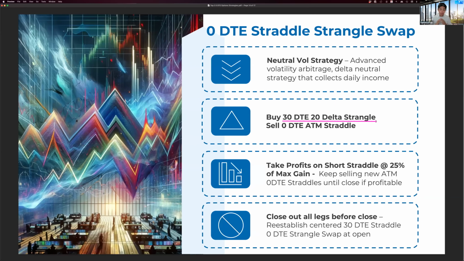You sell the straddle starting at 9:30 in the morning. And what you're trying to do is, as soon as you collect 25% of the max gain of that straddle, you take profits on it. And what you do is you try to do it again. Meaning if the markets have drifted $1 higher, you basically recenter your at the money straddle and sell another at the money straddle. And you keep holding it either to expiration, or you do it where you collect 25% of the max profits and you take